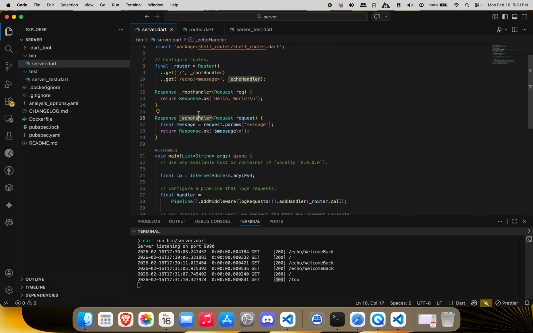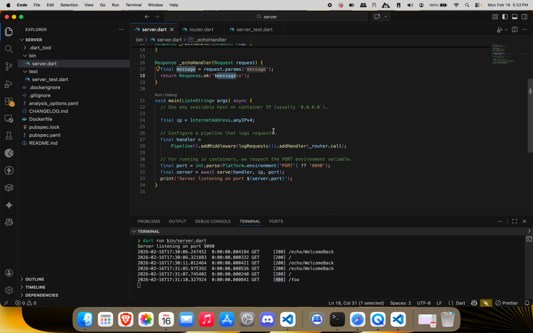And same thing with the echo handler. Whenever someone comes with echo slash message, which is a dynamic message here, it's called a param actually. We take the request params, then take the key message from that param, and then respond with Response.ok,